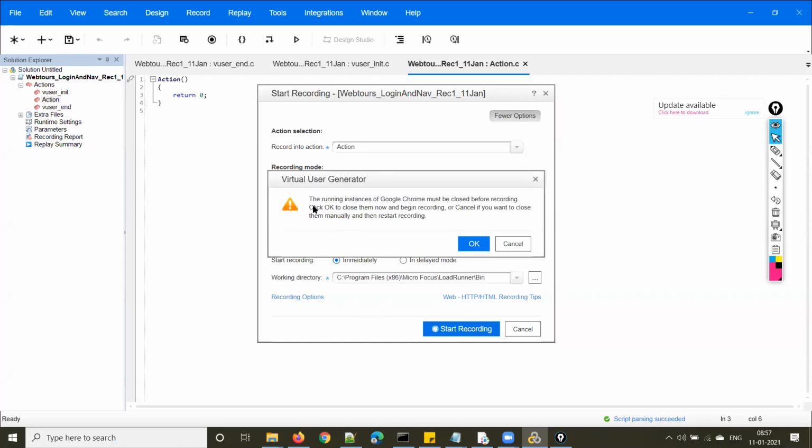Okay. So see here, what does it say? The running instances of Google Chrome must be closed before recording. Click OK to close them now and begin recording, or cancel if you want to close them manually and then start recording. So whatever browser you want to use, you have to close all the instances of that browser if they are already open. Right now, Chrome is already opened.